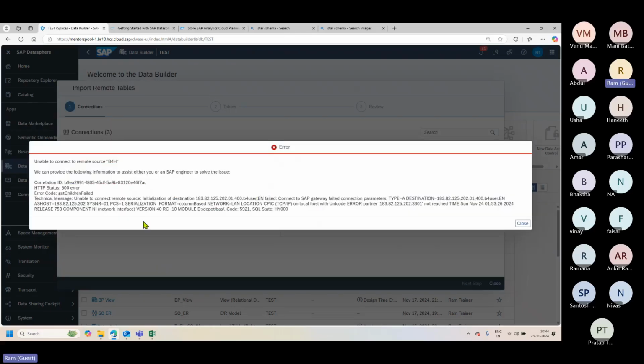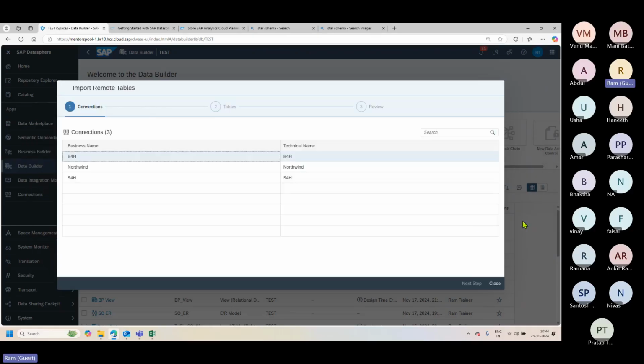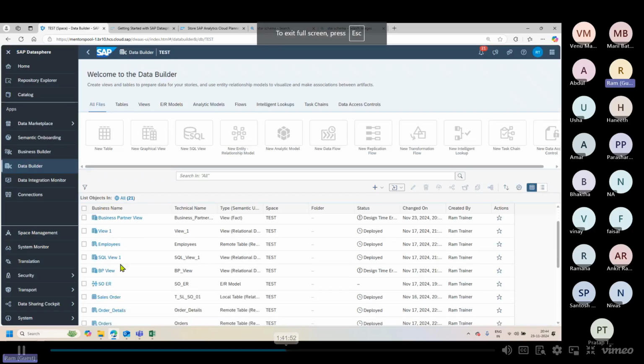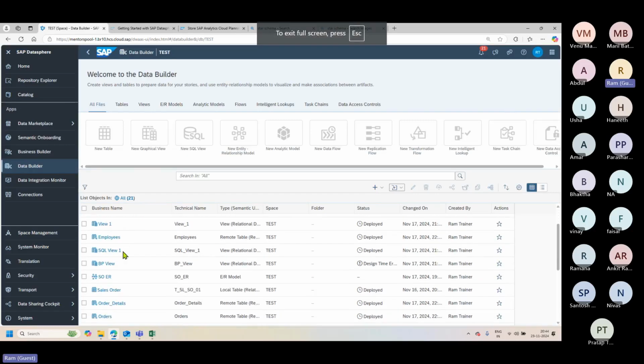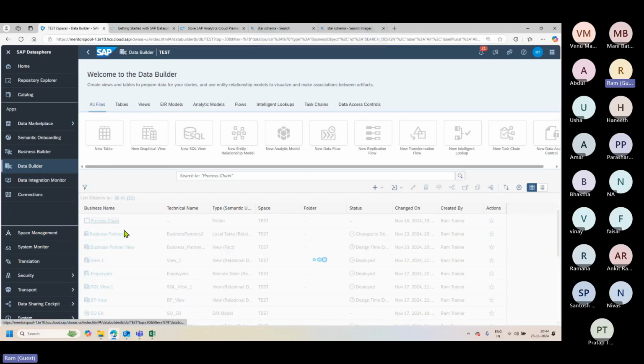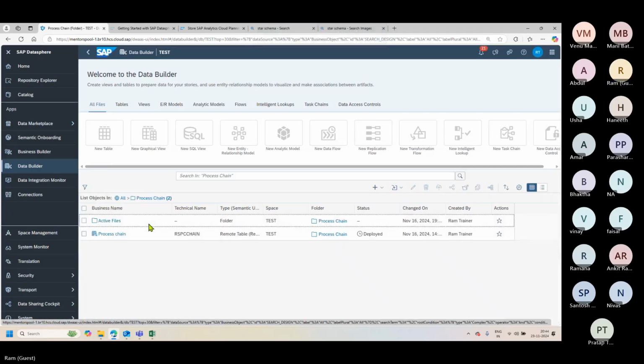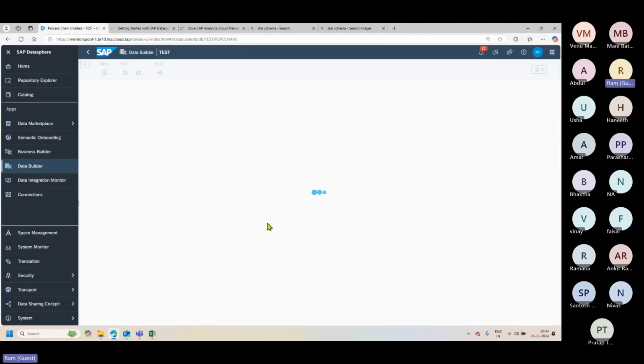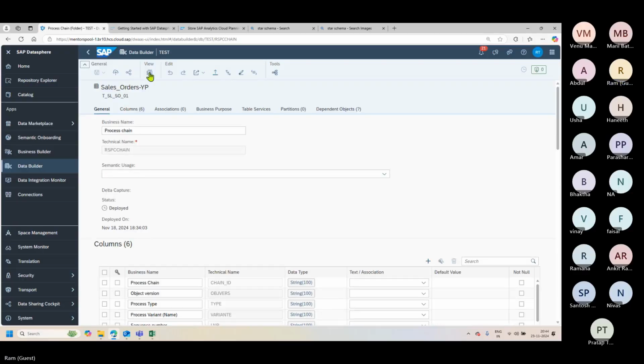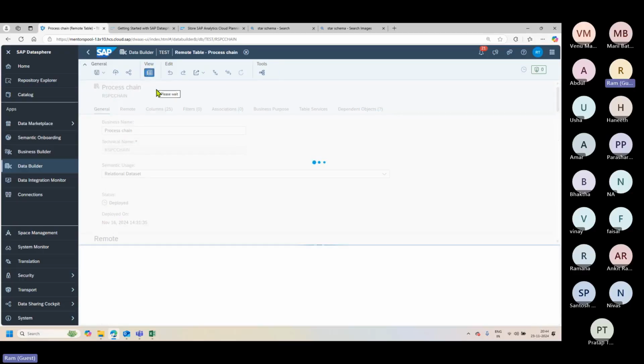Unable to connect. Not reachable. Okay, I have to check with Ankit why that system is down. But yeah, in the past I checked, right? For example, some of the views, I think this process chain view itself was created from BW. Let's see if there is data there. It's a remote table, not persisted. So